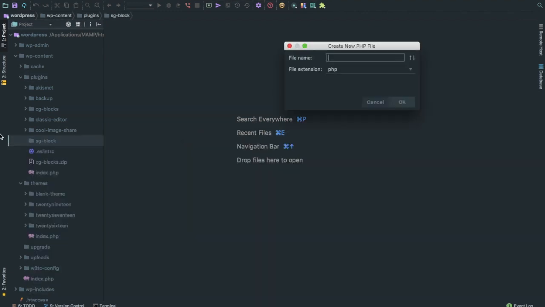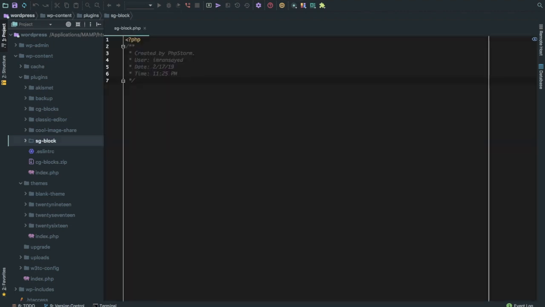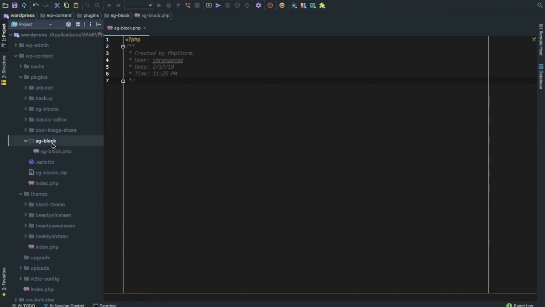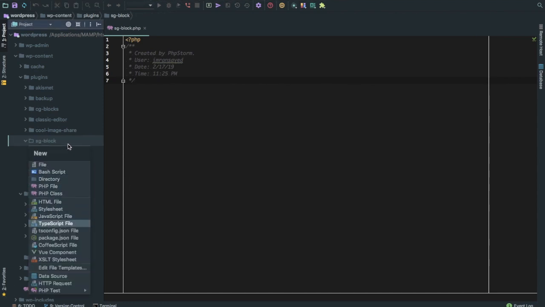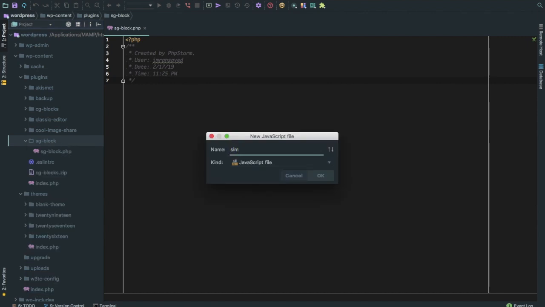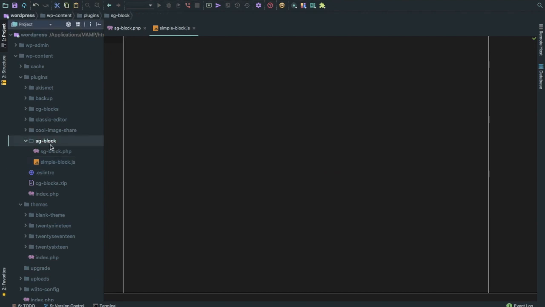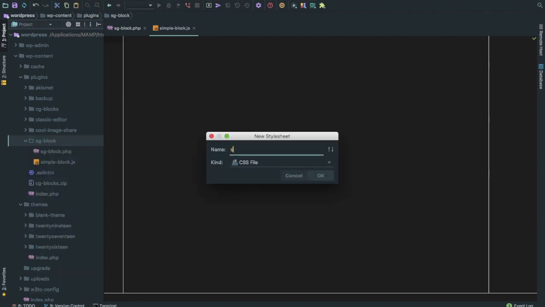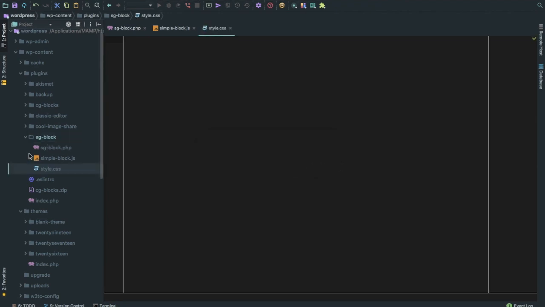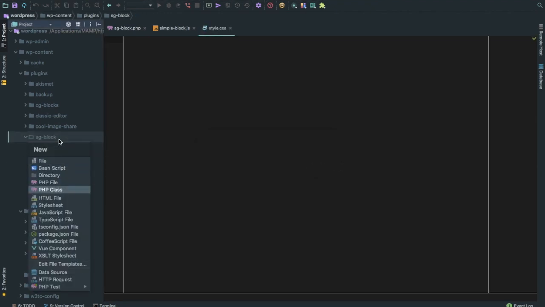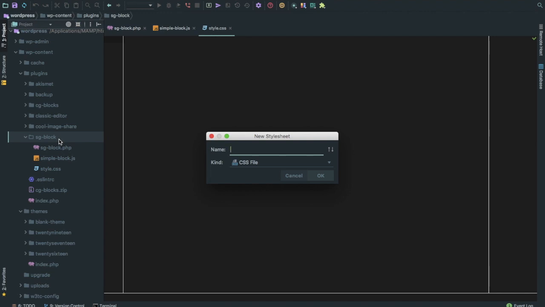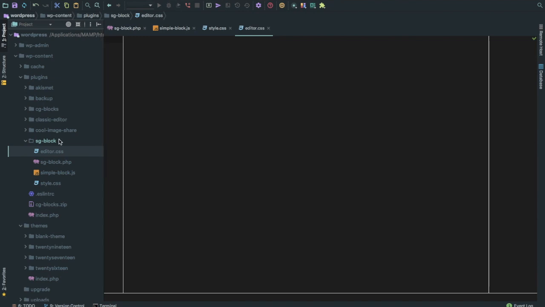And then we'll create a file called SG block.php. And then we will create some more files, one for JavaScript, where we will register a block, simple block.js, and then we will have two style sheets. One will be style.css for the front end for a block, and the second one will be for the dashboard editor. So let's name it as editor.css. Okay, so let's start with